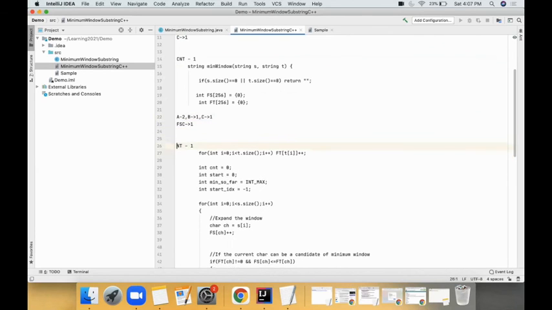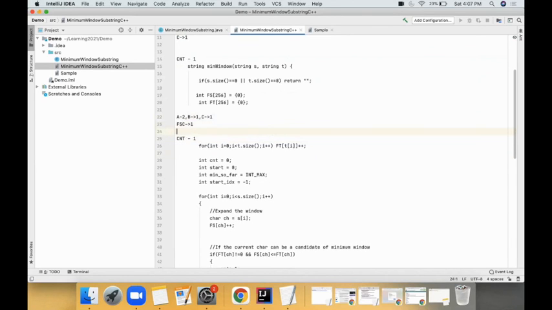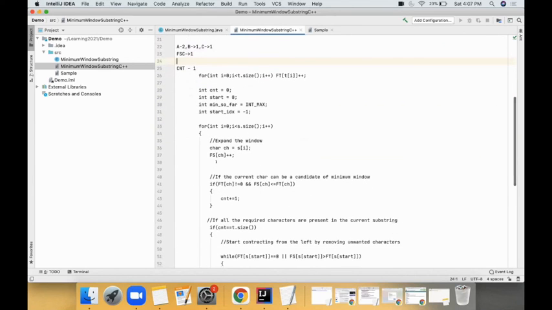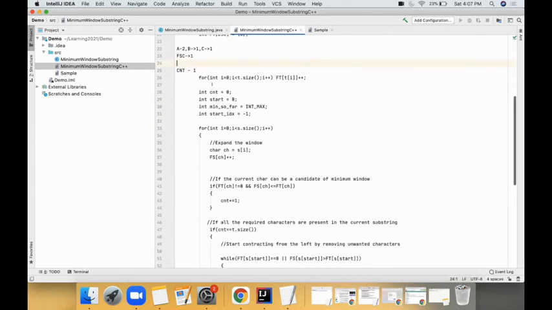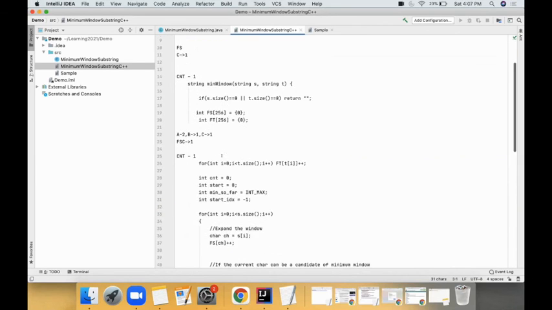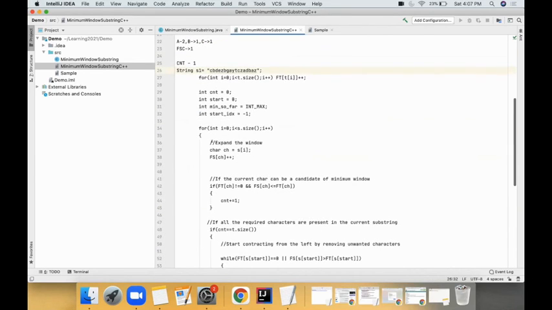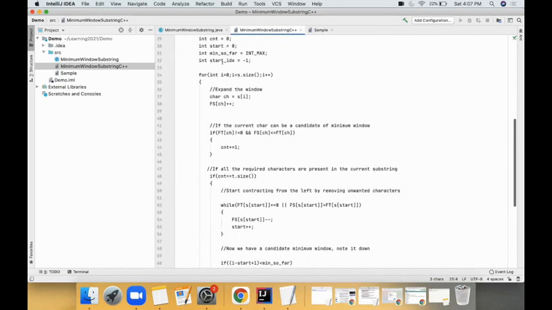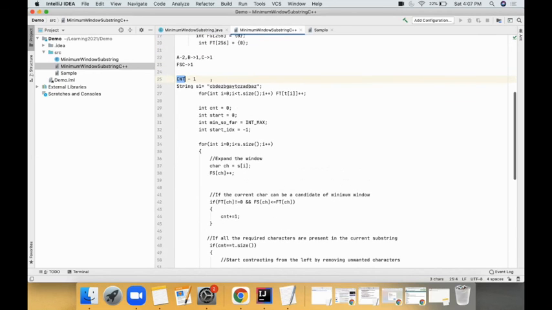Okay, so I found a character C, and I increment it in my map with count 1, and since it is less than or equal to whatever is required, I increment my count by 1. Now my count is not equal to the size of this map, which is 3, so I will not go here, and I will again go into my parsing. I found B, I increase